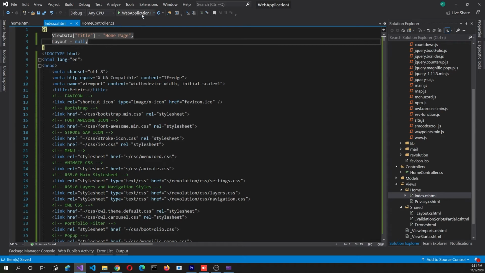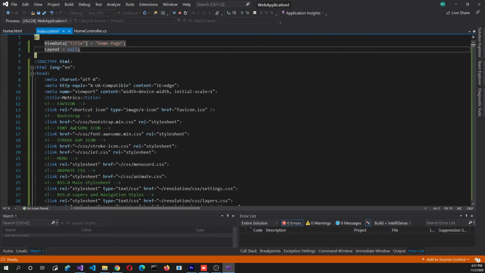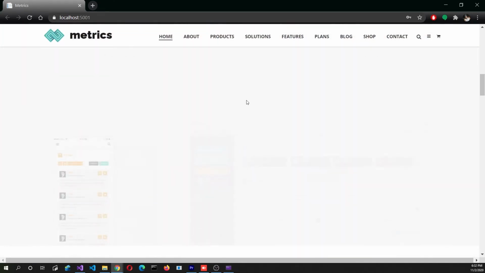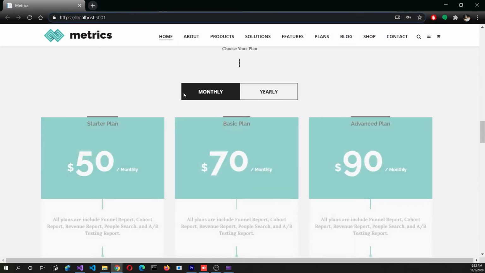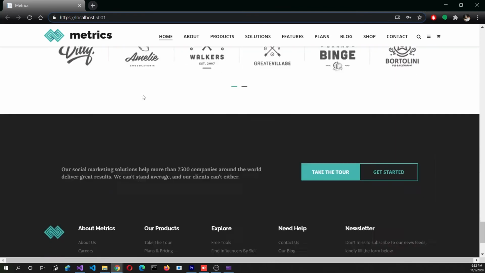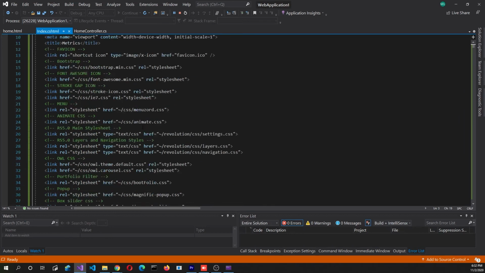Okay, so now if we run, it should load our page, our new updated changes. And voila, there they are. At the top level, localhost, all the style sheets are running fine. Okay, great. And now that you have your template up and running, we have one last thing I want to show you,